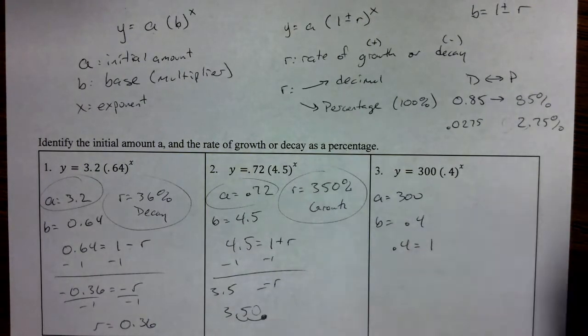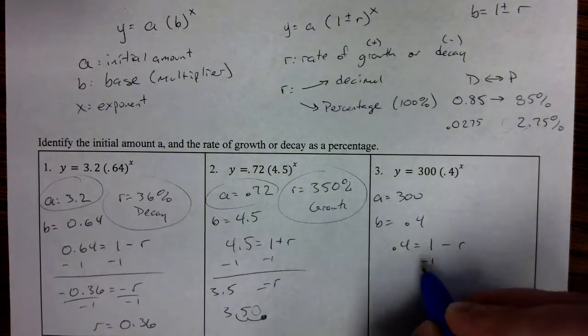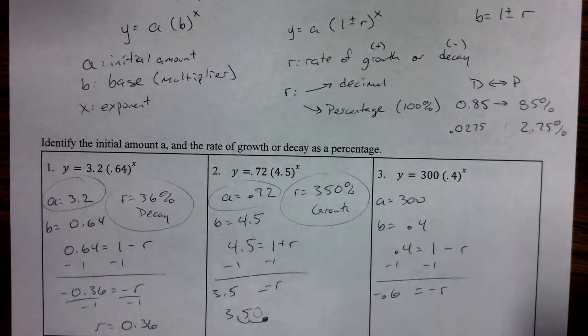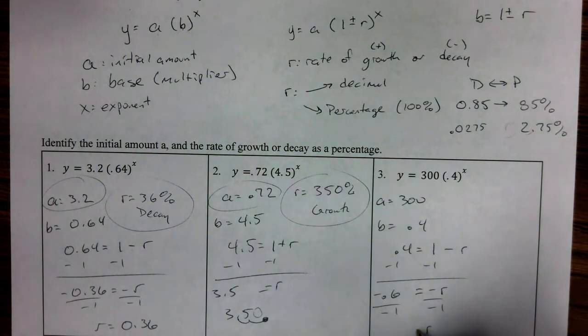0.4 is equal to 1 plus or minus R. Is it plus or minus? Well, it's definitely going to be minus because it's lower. So solve again. Negative R is equal to negative 0.6. Divide by negative 1, divide by negative 1. R is equal to